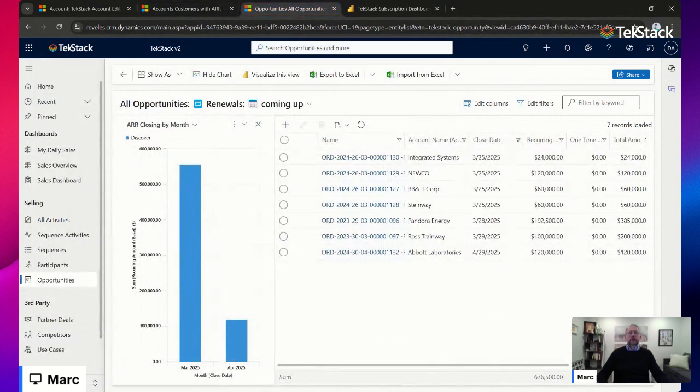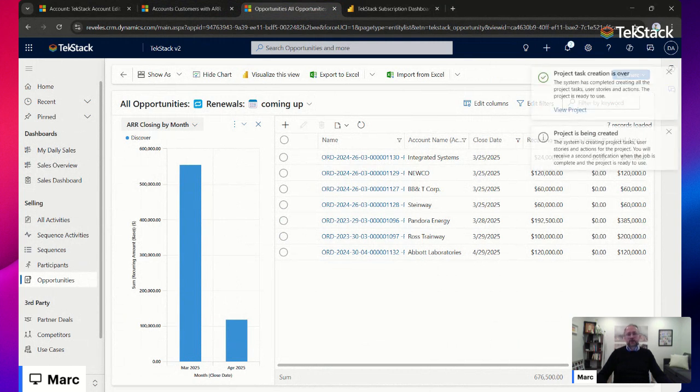The other thing is that we can actually generate renewal opportunities automatically. So great, you closed a bunch of deals. Time to get the renewal. I worked in organizations where we had 1,000 customers. We had no idea who was coming up for renewal. Every quarter was the same fight. Was the renewal information accurate?